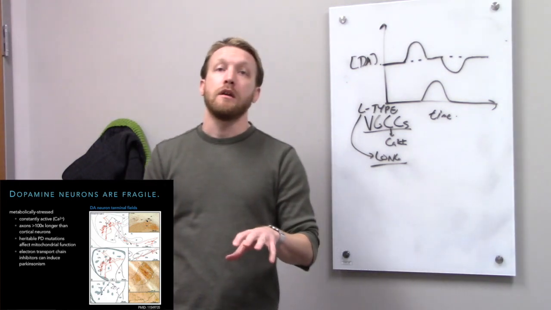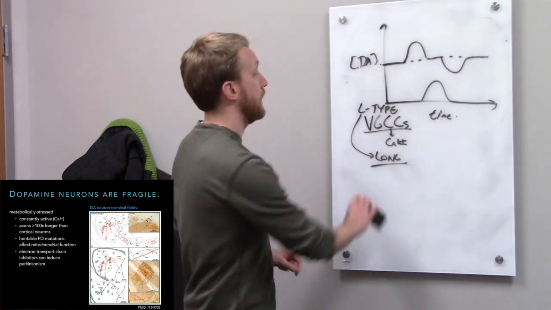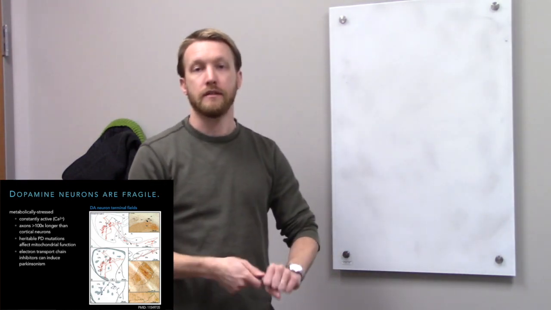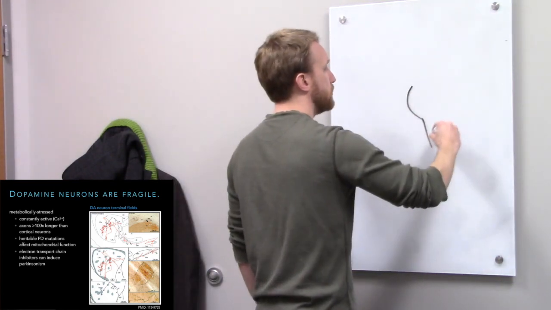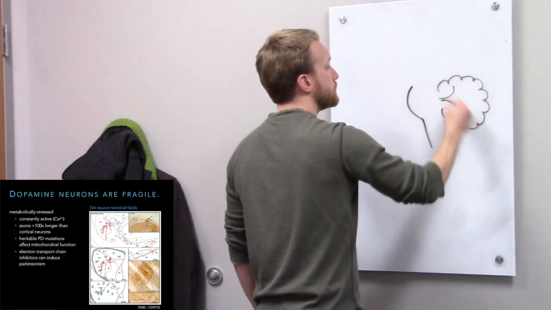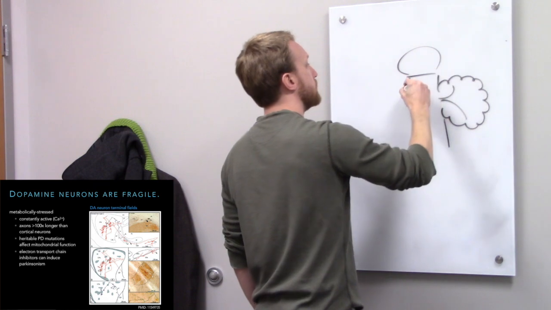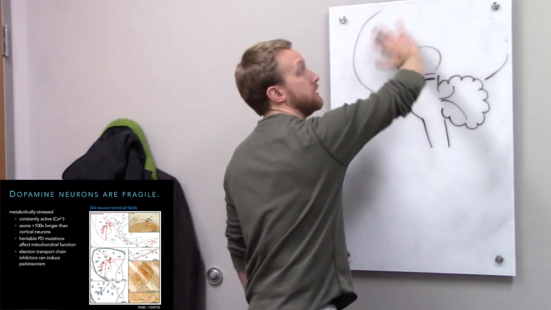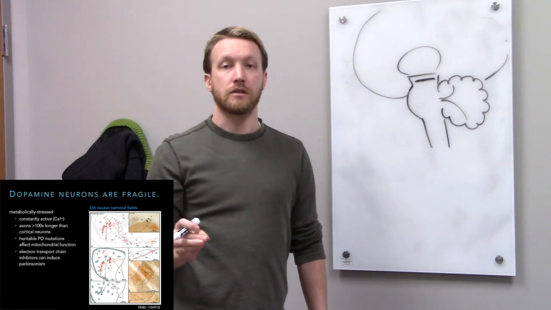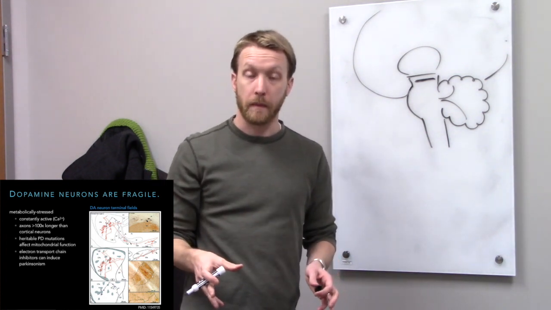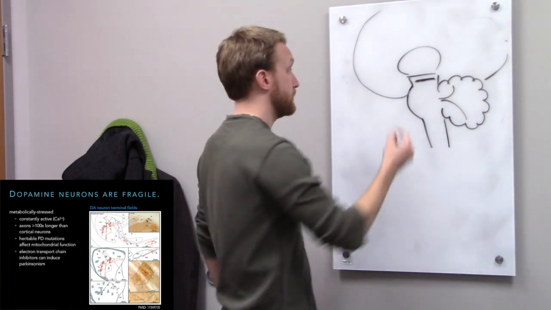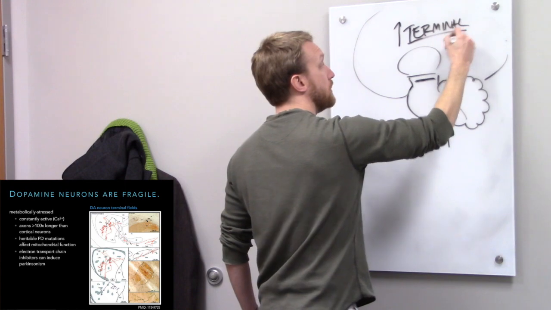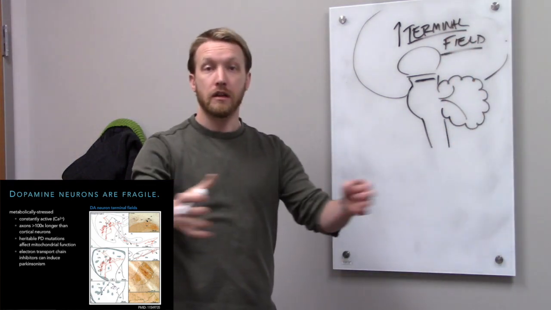Now what this illustration is showing us is another reason why dopamine neurons are fragile. Dopamine neurons live in the midbrain. They live in about 2 areas, the ventral tegmental area and the substantia nigra. So if we think about where our midbrain is relative to everything else, here's the midbrain, thalamus, and we got our big giant cortex here. So here's my dopamine neurons, and I need to get dopamine here. Each individual dopamine neuron is thus going to have an enormous terminal field, or volume that its axon occupies. So, that big terminal field, terminal of course being the axon, and the field being the area that it covers,